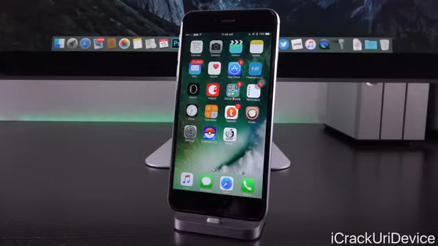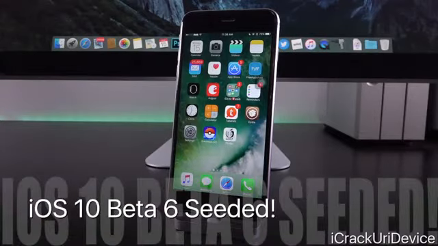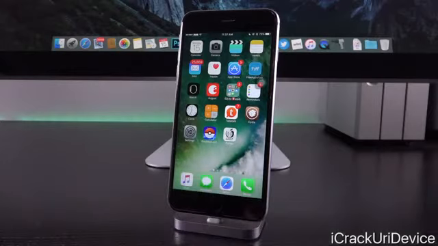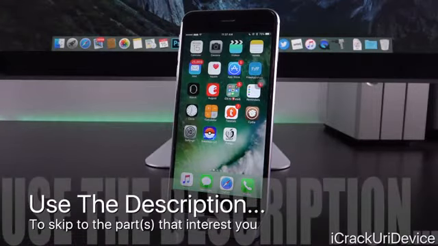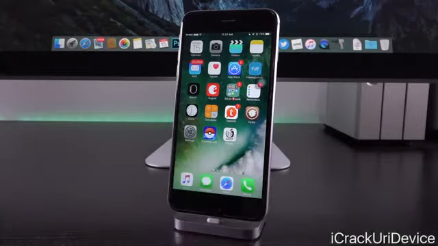Today Apple has seeded the 6th beta iteration of iOS 10 to registered developers and the corresponding public beta to those enrolled in the public testing program. Again, public beta number 5. Now we're going to get into all of the changes beta 6 features over its predecessor, how to install iOS 10, whether we're talking about the public beta testing iteration or the one intended for developers, and how to downgrade